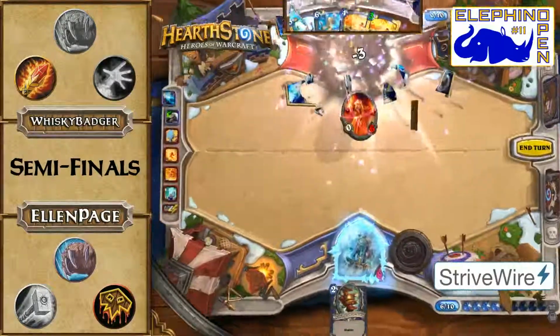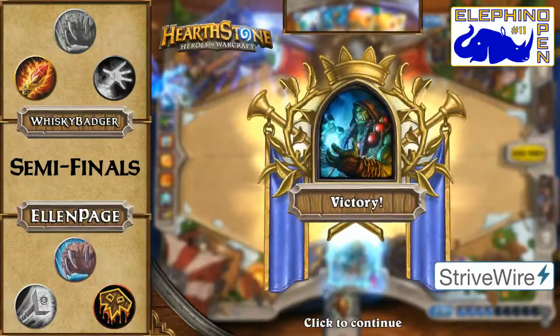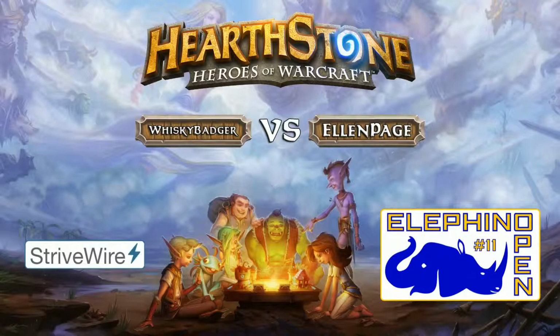And with that, rather, Ellen Page is able to tie the series up at 2 games apiece. So that tap really coming in huge. As I pointed out earlier, how big of an impact that tap could have on the game. And it ended up being the game changer. If they don't take the tap there, they're in a pretty big pickle. Unless they had gone with the Hunter hero power. That would